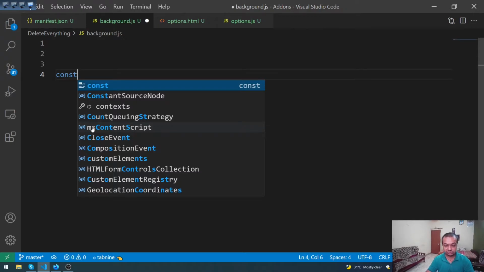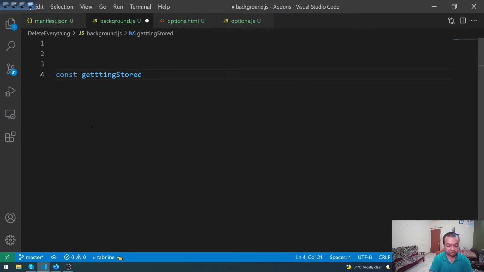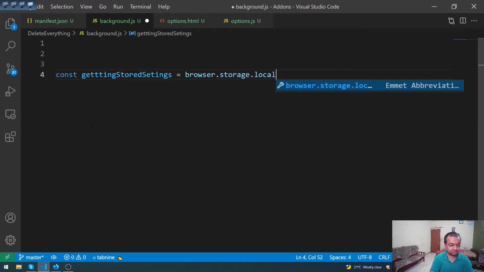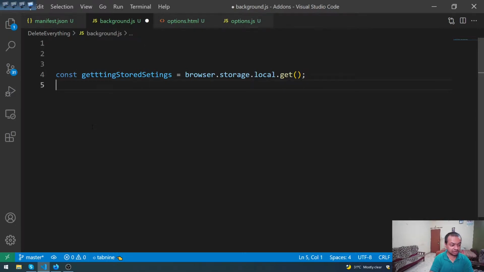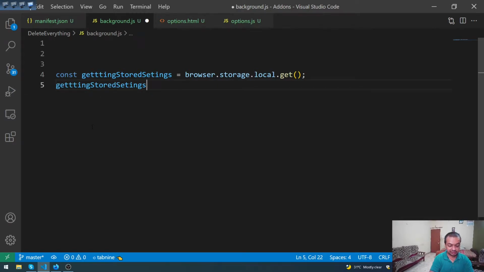Const getting stored settings equals browser.storage.local.get. So I am getting the local storage data, getting stored settings, and then I will call another function which is